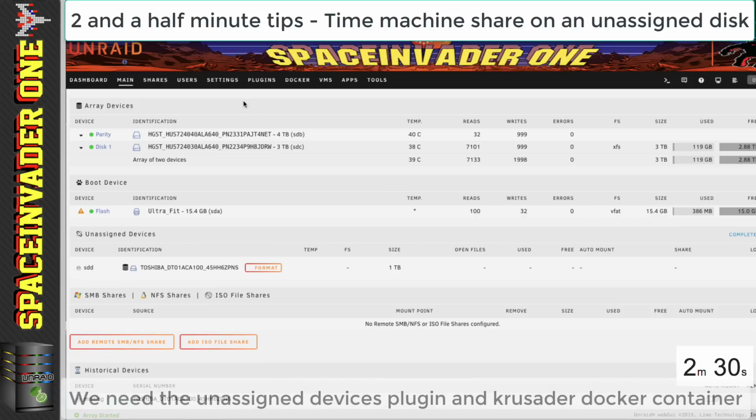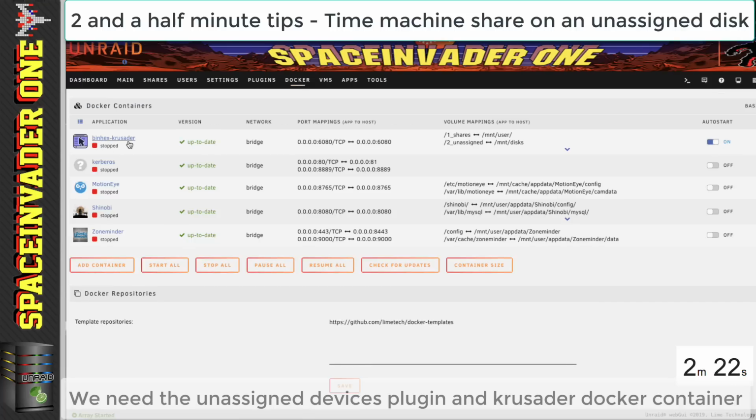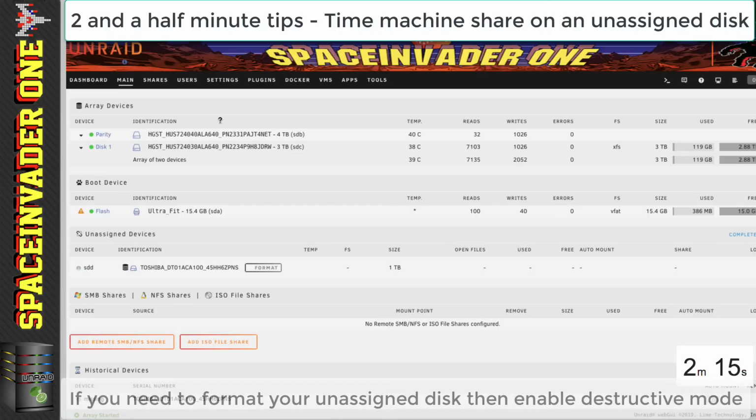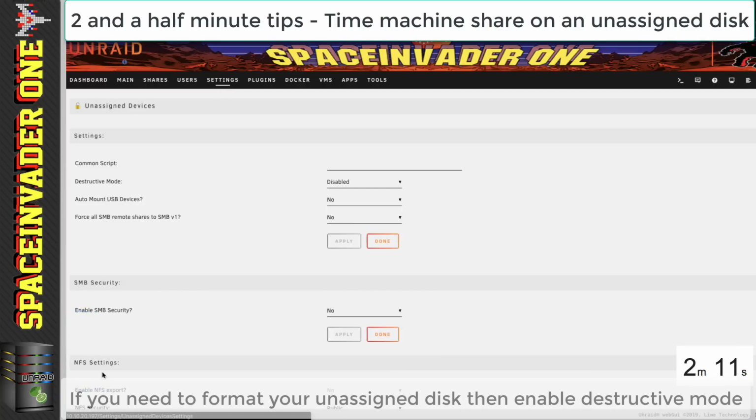Okay, so there are two things that we need to have installed before we start. We need to have the Unassigned Devices plugin installed, and also I recommend having binhex's Krusader Docker container installed as well. At the moment you can see my unassigned drive is not formatted, so I'm going to format that now. To do that we need to go to Settings, Unassigned Devices and enable Destructive Mode,